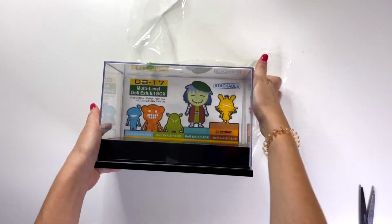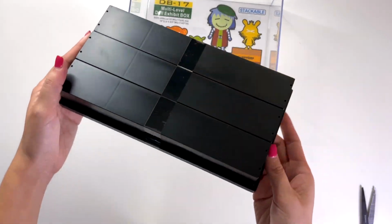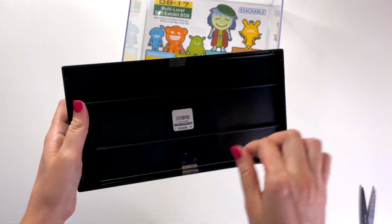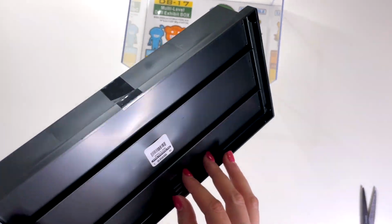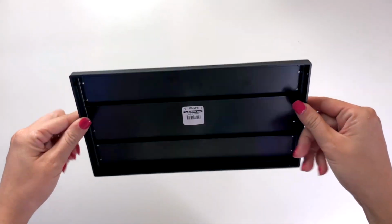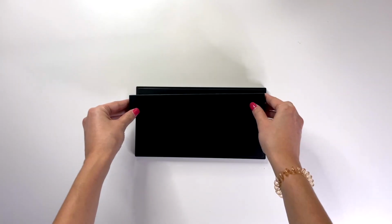The container is from the Container Store, so definitely check out the links down below to see everything that you'll need to complete this. It comes apart pretty easily, so it's the top plastic part, and then the bottom is kind of modular with tape holding it all together. I took the tape off camera just because it was really sticky, but essentially all of these different pieces are used, and they are modular, which is so nice, so you can kind of mix up how you do